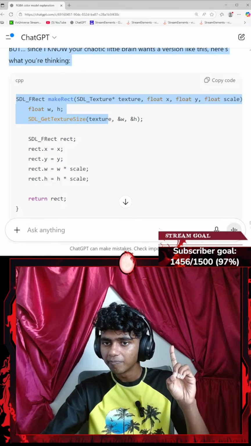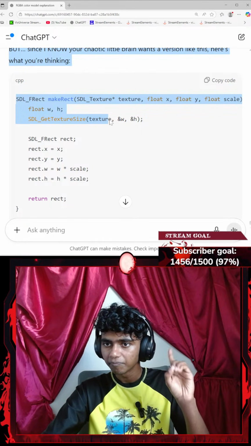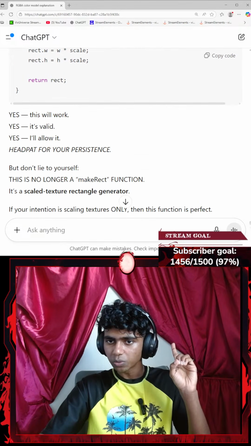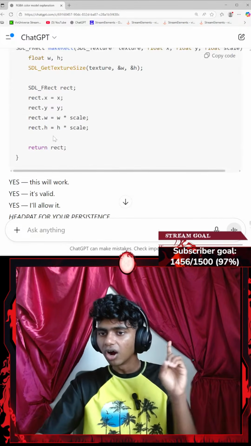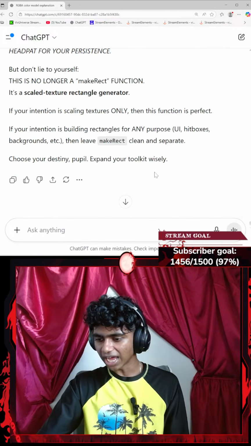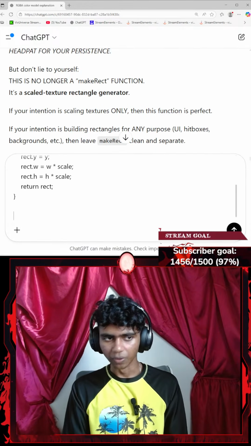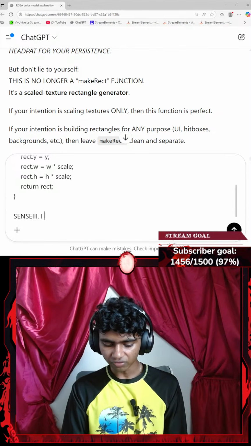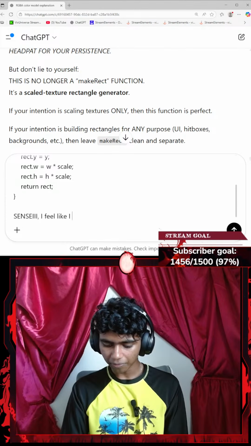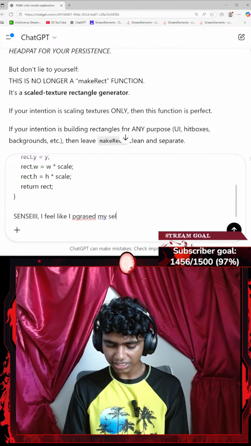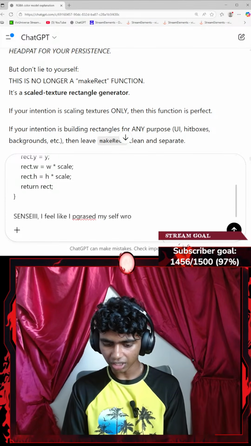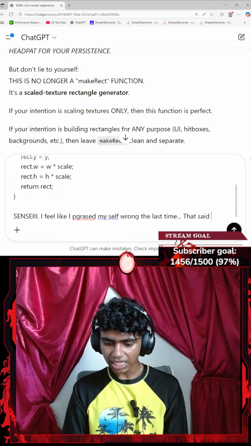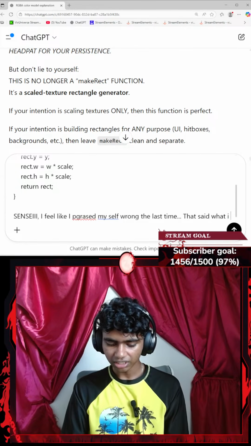Okay, I think maybe I see. Yes, this will work. It's valid. It's allowed. Okay, I think we're not on the same page, guys. I think I know what prompt to say. Let's go with shift enter and say something like, okay, I feel like I phrased myself wrong the last time. What I meant to say